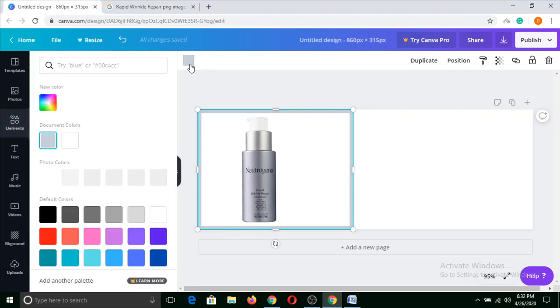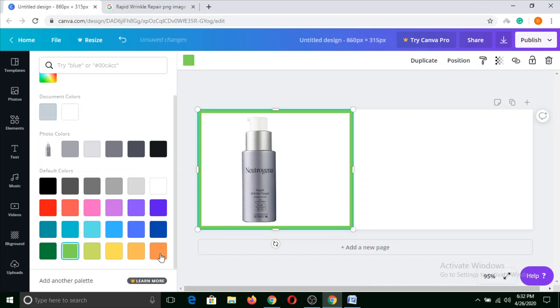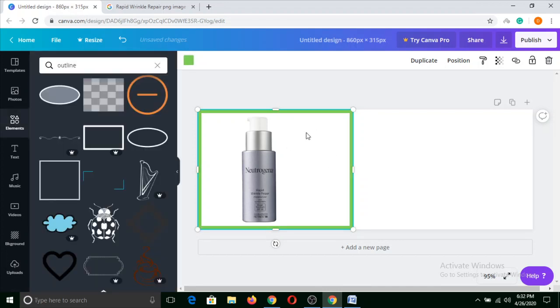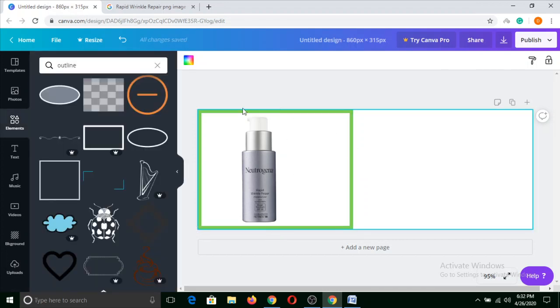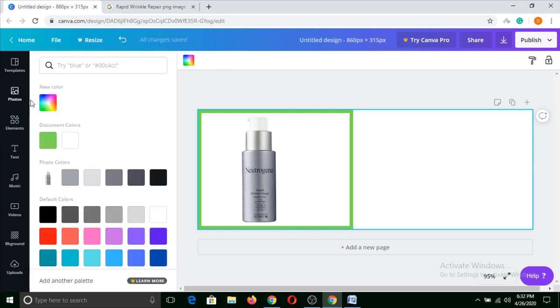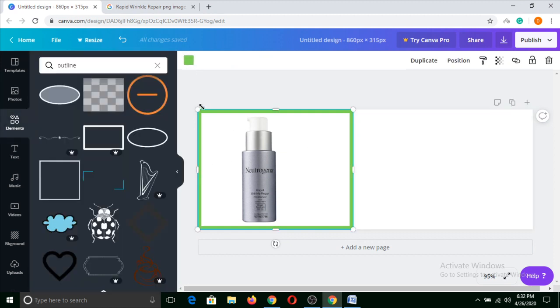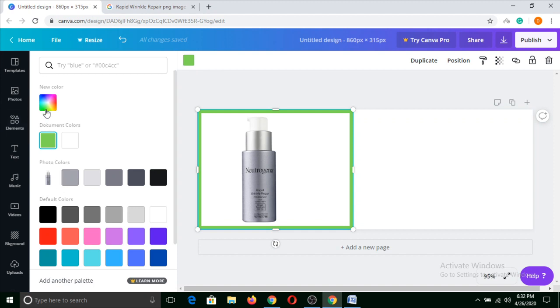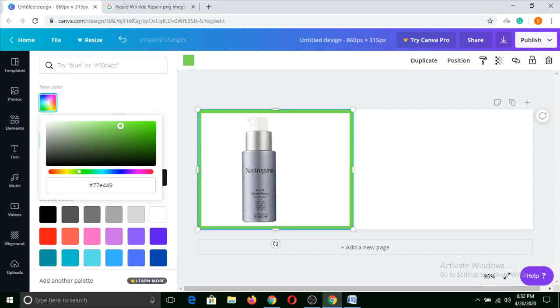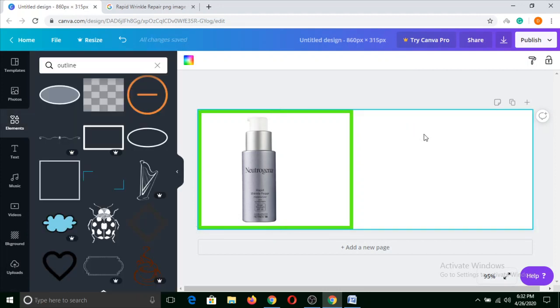Now you can change the color of this outline and click on green or any color you want. It doesn't seem good here, so I will increase the color brightness a little bit. Okay, it seems perfect for me.